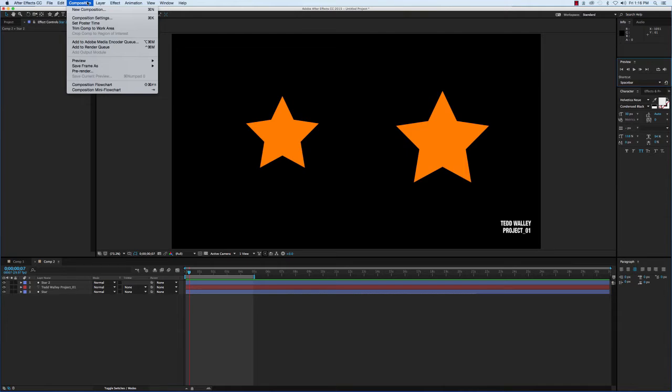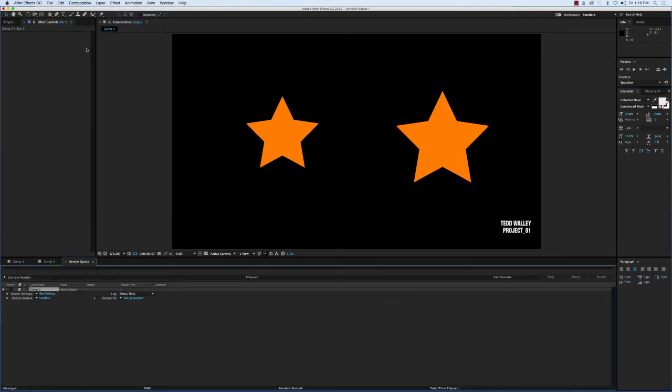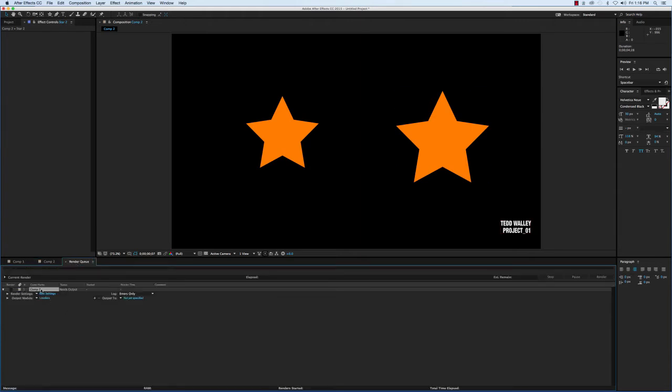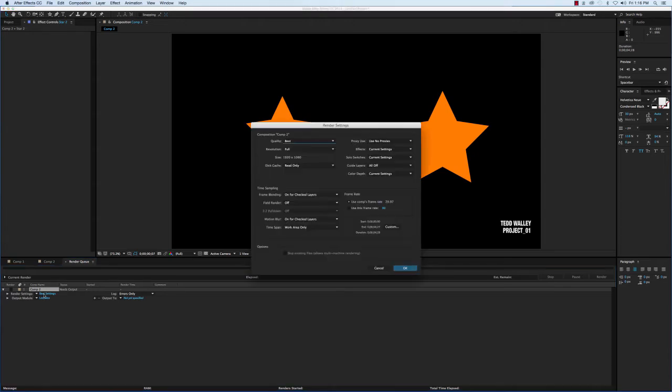So I would go to Composition and I would scroll down and I would select Add to Render Queue. And you'll notice that my timeline disappears and instead the render queue shows up. It's going to tell me what's in the render queue, but it also gives me these settings that I can use. So for example, we're going to click on the render settings,